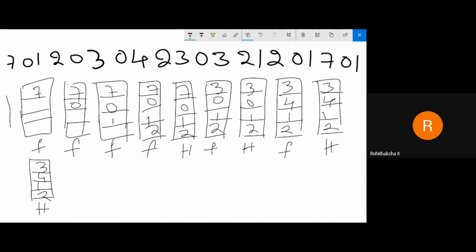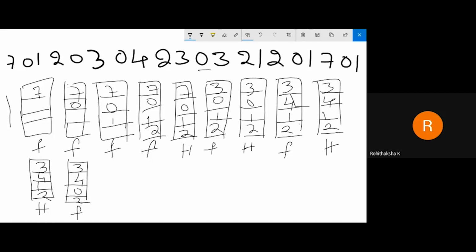The next one is it is looking for 0. So whether the reference string 0, page number 0 is stored in the page table, no. So now what we have to do is replace. We have to find one page as a victim frame inside the page table and replace that with a 0. So now which one do I have to replace? I have to replace the page number 1. So now the new thing is 3 4. So 3 4, now it will take 0 here, and the last location is 2,